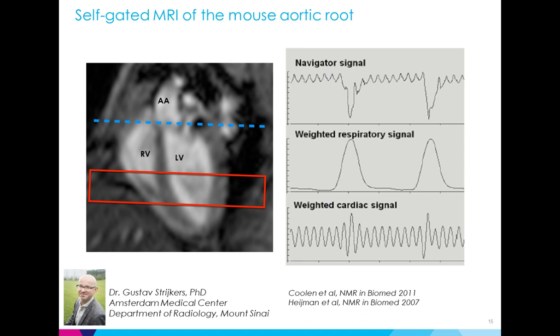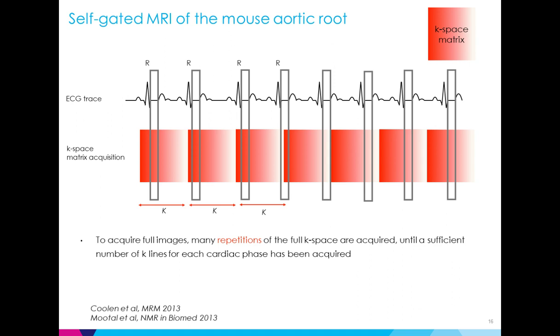And then typically what happens is that K-space lines that are acquired across many cardiac cycles can be binned according to the cardiac signal that is acquired by the navigator, to acquire full images, of course, of different cardiac phases,